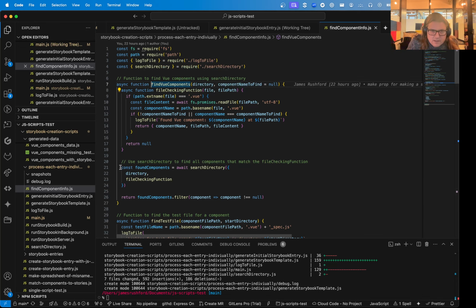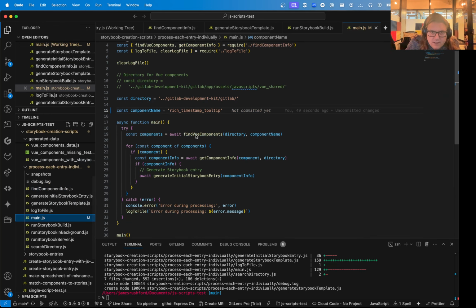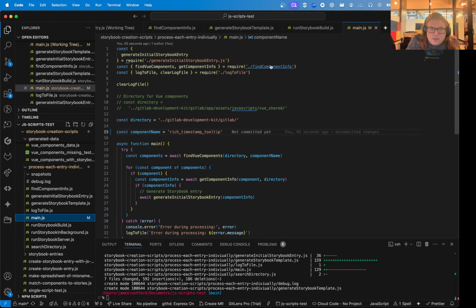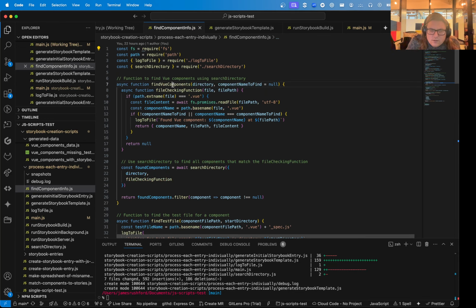Okay, sorry, let me walk you through step by step. So from the main, we have find view components. Find view components is in here. Find view components. Okay, so what it does is